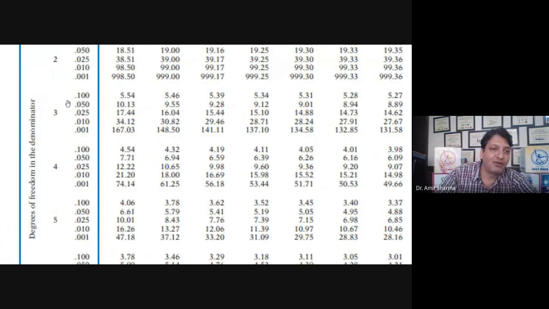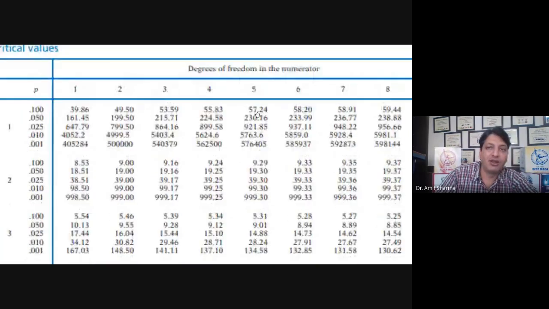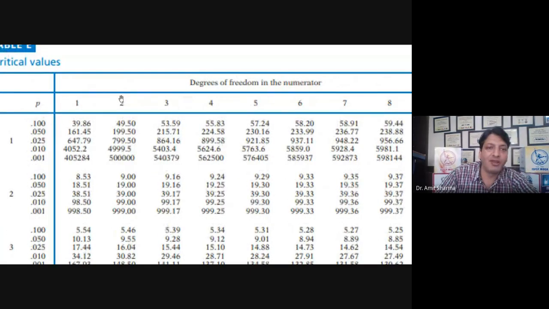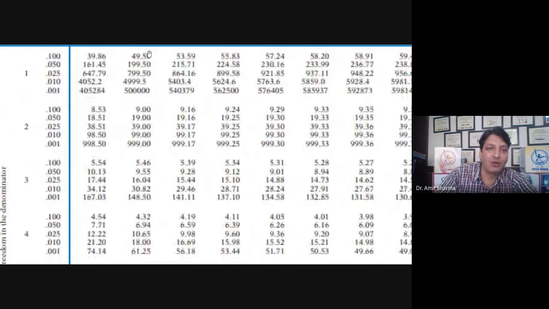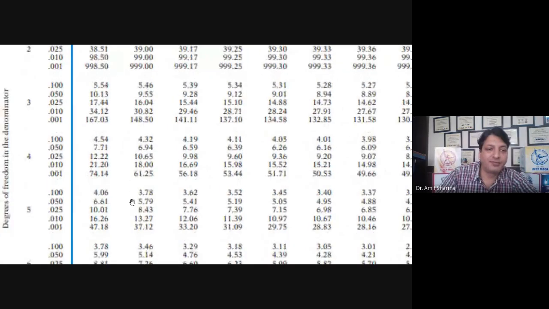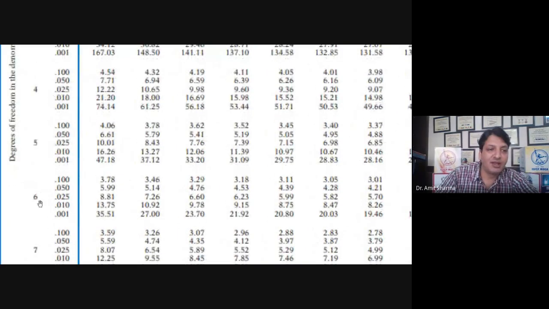We know the numerator we found was 2, so we will follow the column of 2, and see in front of denominator 6 how much the value is. This column represents 2 numerator and 6 denominator, and it gives different confidence intervals of the study. We have taken 0.05 as a cutoff point, because the confidence interval of the study is 95%.